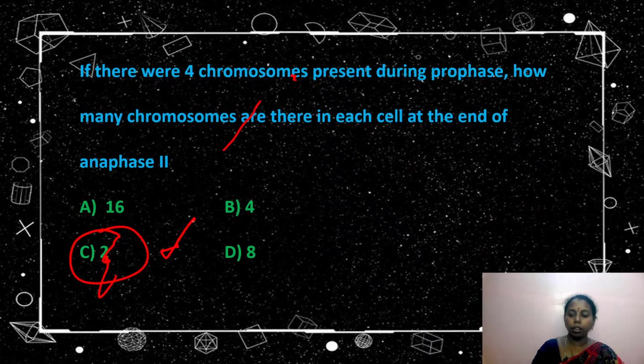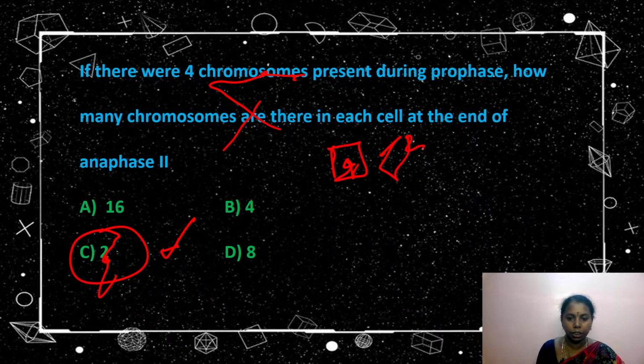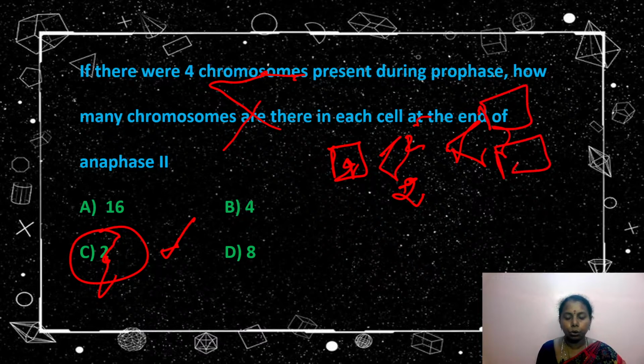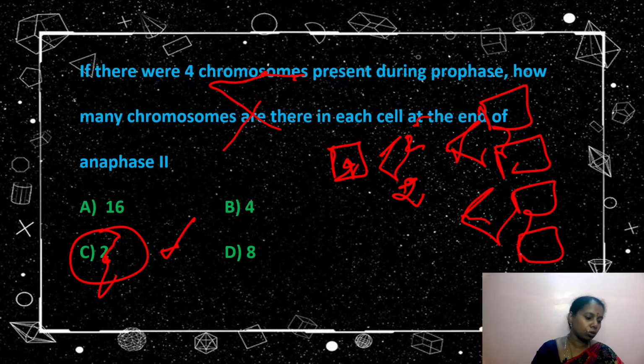As you all know, when the cell undergoes meiosis, it is having 4 chromosomes, right? So when it is undergoing meiosis 1, it becomes 2 and 2 because of reduction division. So 2, 2. The next division of the cell will be equatorial. So again we will be getting 2 and 2 only. So the answer is 2, very correct. I hope you all understood. Yes, Sivashi, Vaishnavi and Kalpana. It was a very correct explanation.